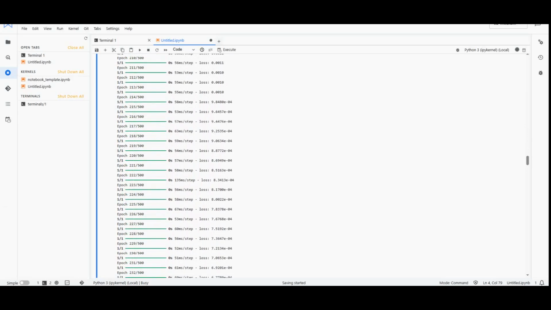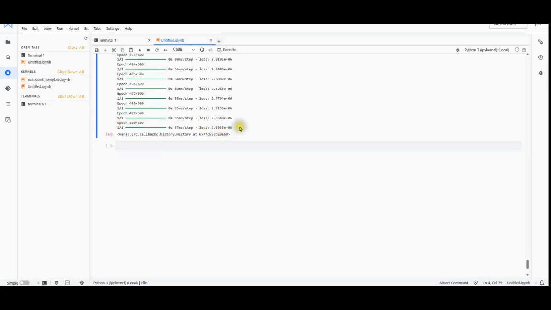You probably don't need all 500 epochs. Try experimenting with different values. Looking at this example, the loss is really small after only 50 epochs. Finally, at 500 is the loss result.